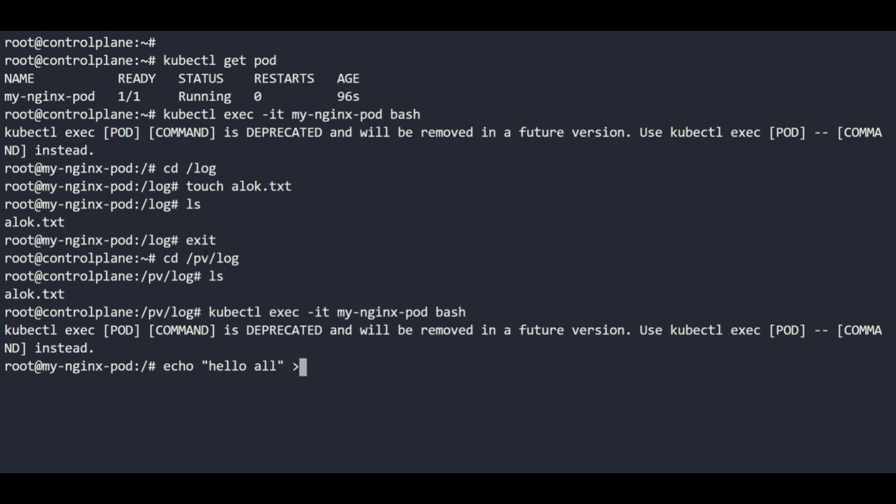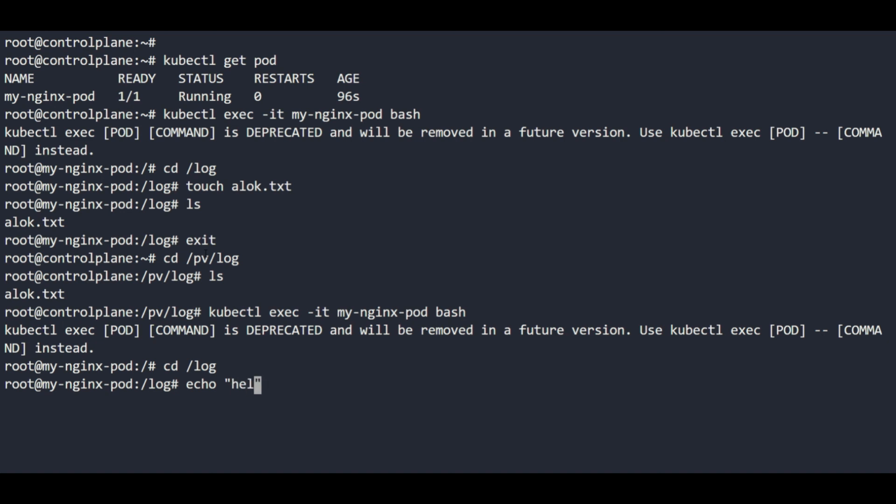So we write it into the log. Before that, we have to go to that particular location. I forgot it. Just go to that location, the log, and then do the echo. Or you can provide the path also. There is no need to jump into that particular location and then write into the file.